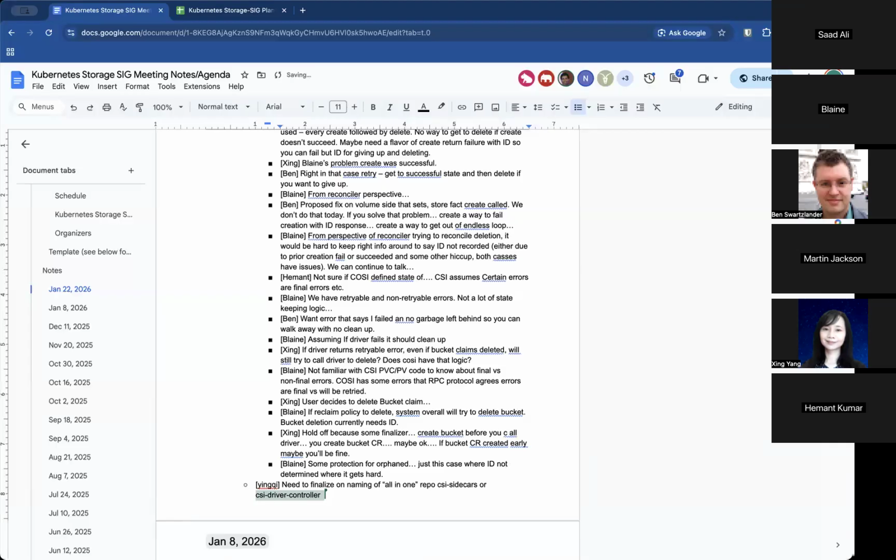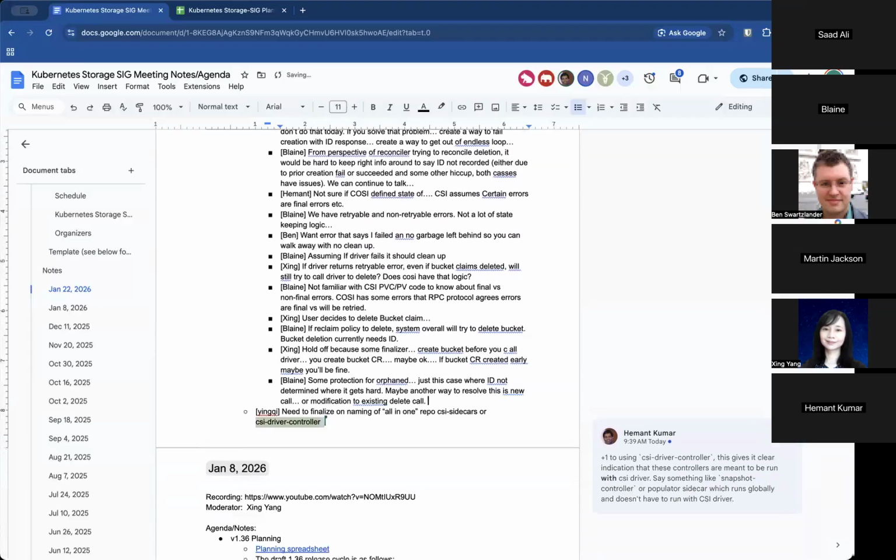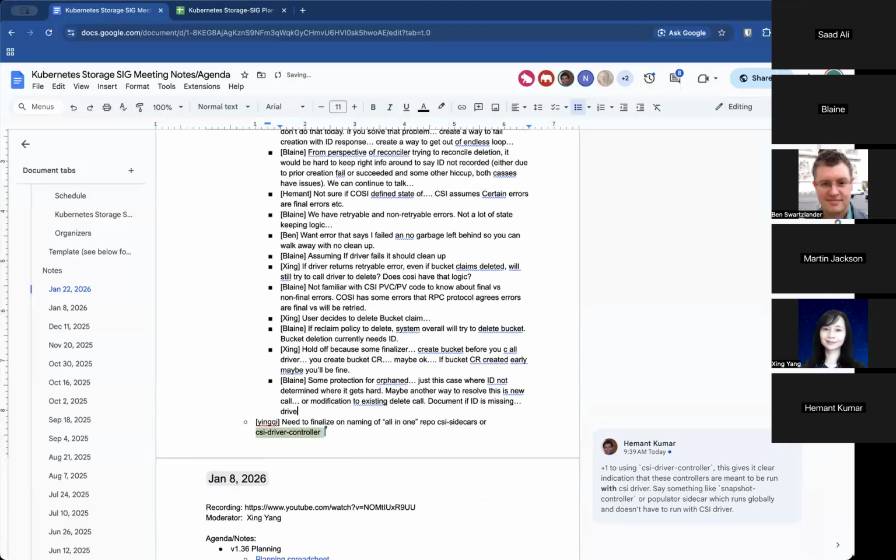And maybe another way of resolving this could be a new call, or some modification to the existing delete call, where we give it the name, the idempotency key, and the ID, and we document that if the ID is missing, the driver will have to do the best it can with the idempotency key to ensure the resource is deleted.